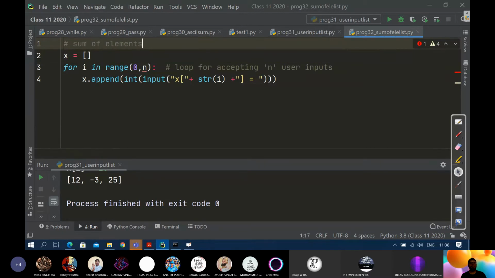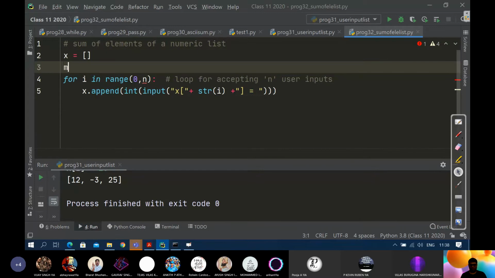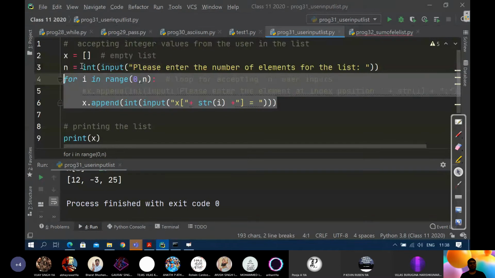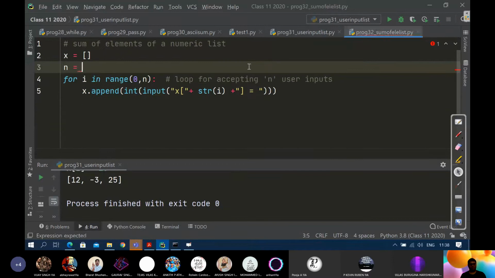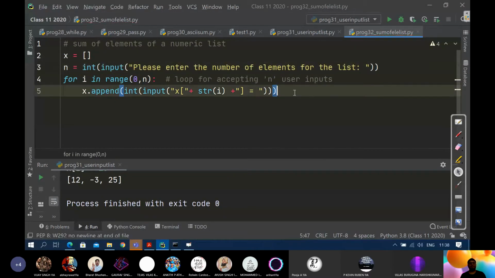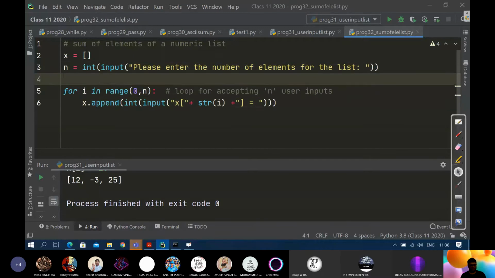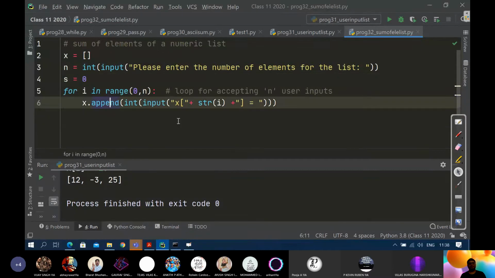Sum of elements of a list, of an integer list, let's make it a numeric list. Okay. So remember, to calculate the sum we will take a variable.